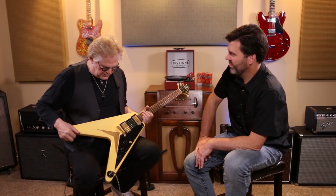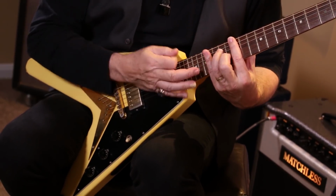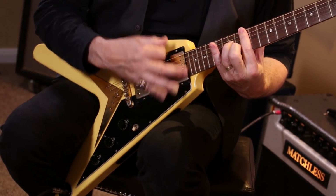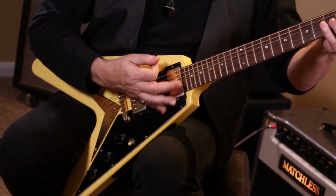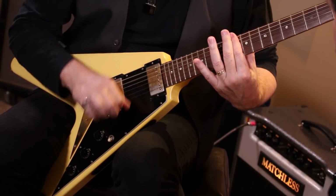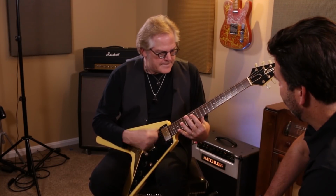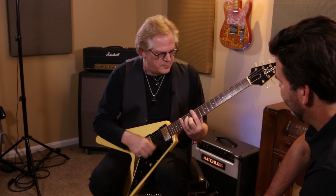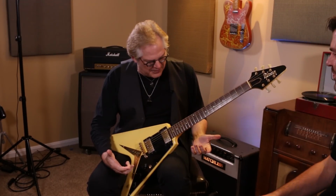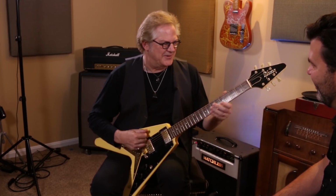So I ended up using this for slide and also for some tunings, songs with tunings like Bitches Back. And I tune it open G, and then the two bottom strings are the same. And gives a nice...